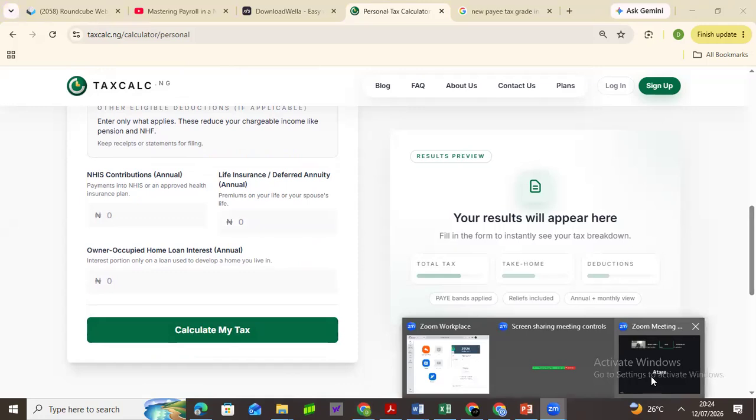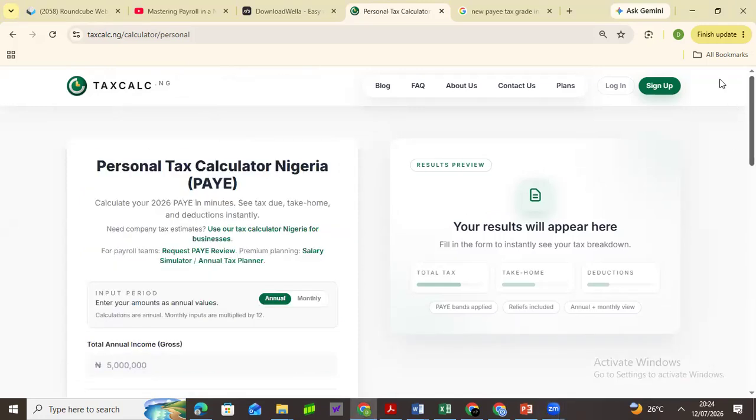I'm still trying to understand this rent relief thing. Is it going to be deducted from our salary, or is it just a calculated deduction? No, it's not deducted from your salary. Every staff is expected to submit a rent receipt. But usually you also go to the court and stamp to say this is how much my rent is in a year. You submit that to HR or to accountants, whoever prepares payroll in your organization. That is just to help you, because at the end of the day, it's expected that you're going to pay rent from your salary, won't you?